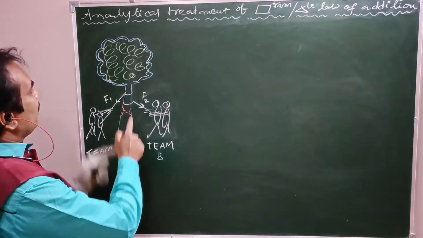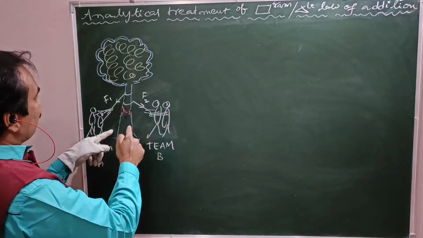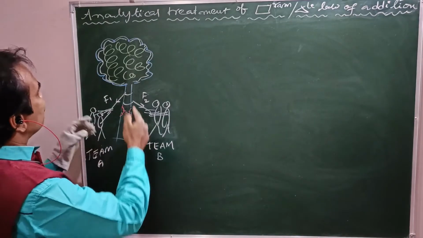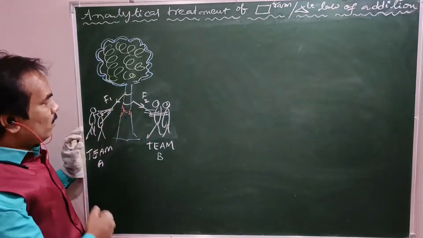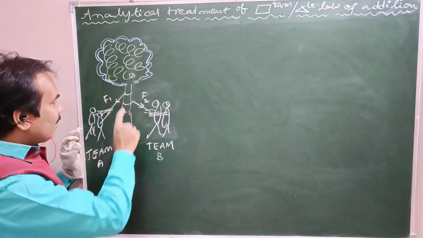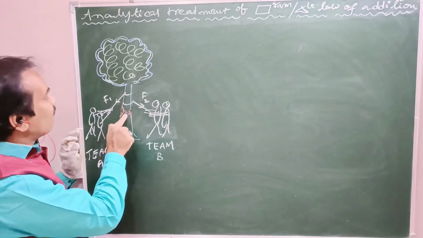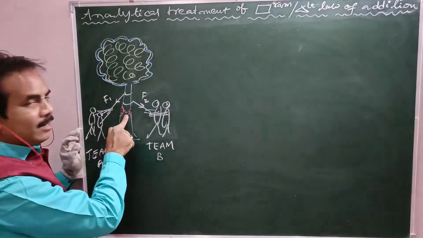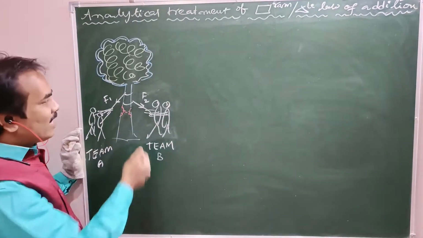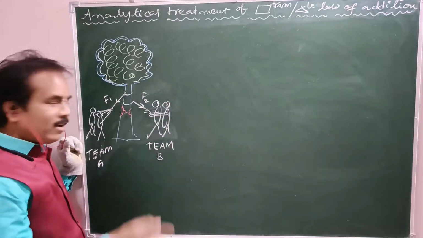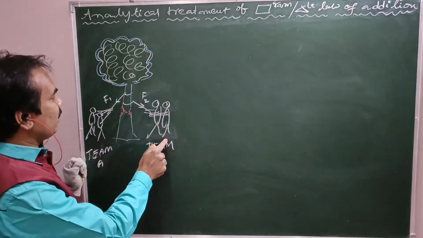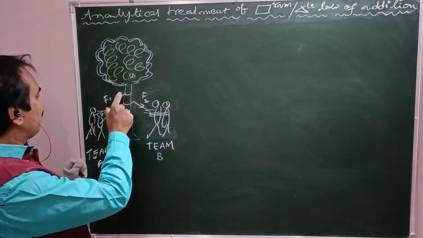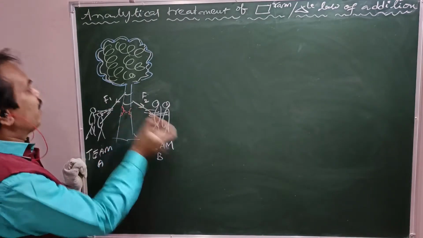Here we have one tree which has grown across the road. So people decided to pick it up. Initially the tree was hit by a knife for a while. Later on, people decided to pull it with ropes. For that, we have two teams, team A and team B. This is the rope of team A. This is another rope of team B.